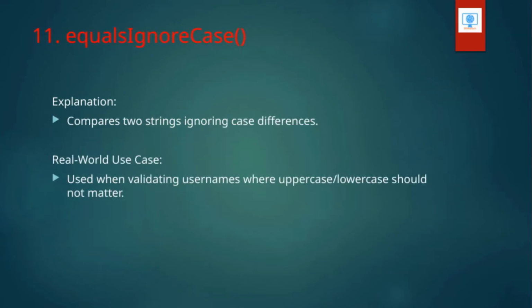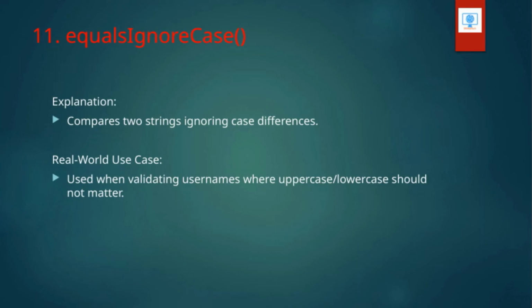All right, let's talk about the equalsIgnoreCase method. Essentially, this method compares two strings but ignores any differences in letter case. So whether the strings are in uppercase or lowercase, it treats them as equal if the characters match. This is particularly useful in real-world scenarios like validating usernames, where we generally don't want case differences to matter. For example, if someone enters John Doe or john doe, the system should consider those the same. By using equalsIgnoreCase, we make our comparisons more user-friendly and flexible, aligning with the overall goal of creating